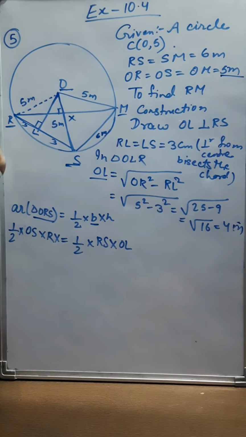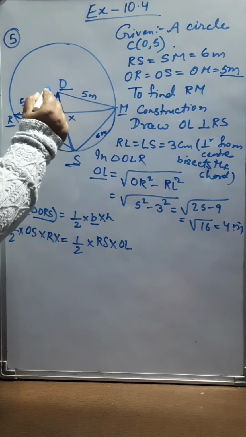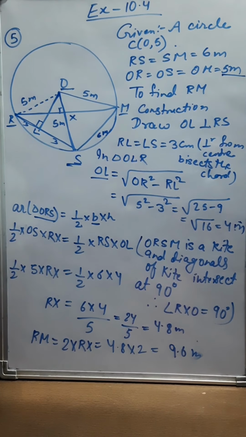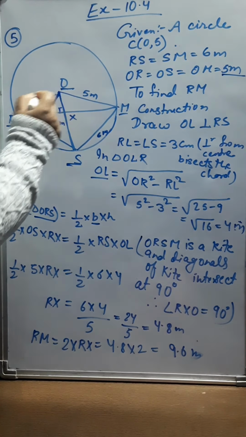because you can see its adjacent sides are equal. OR is equal to OM and RS is equal to SM. So clearly students, ORSM is a kite because its adjacent sides are equal. OR is equal to OM, both are 5, 5, and RS is equal to SM, both are 6, 6. So here I wrote, we know that the diagonals of a kite intersect each other at 90 degree. So clearly RX will be 90, because OS and RM both are diagonals of kite and they are intersecting at